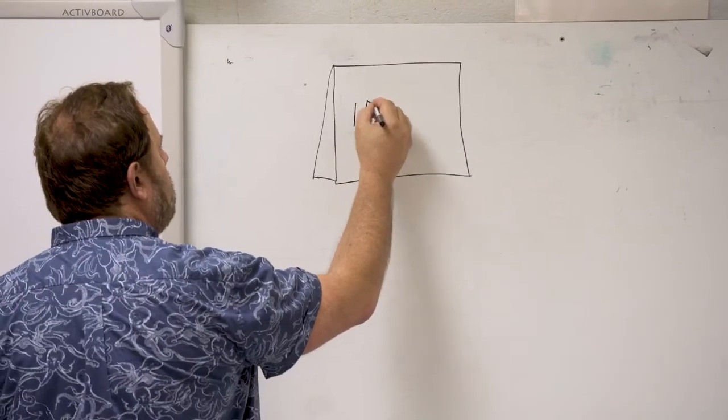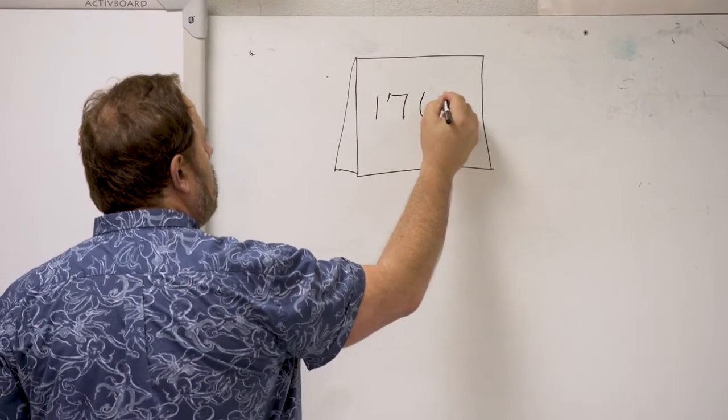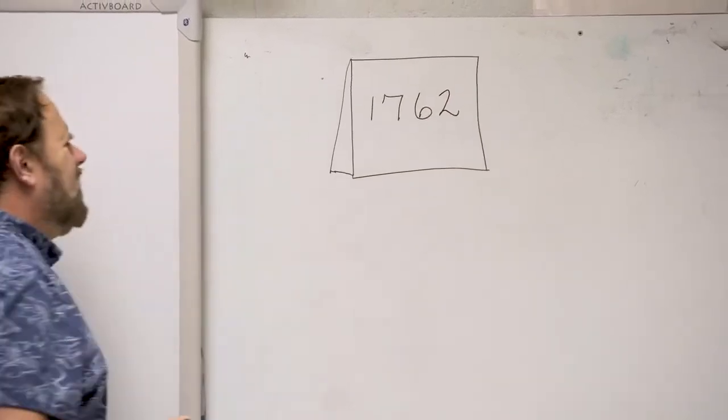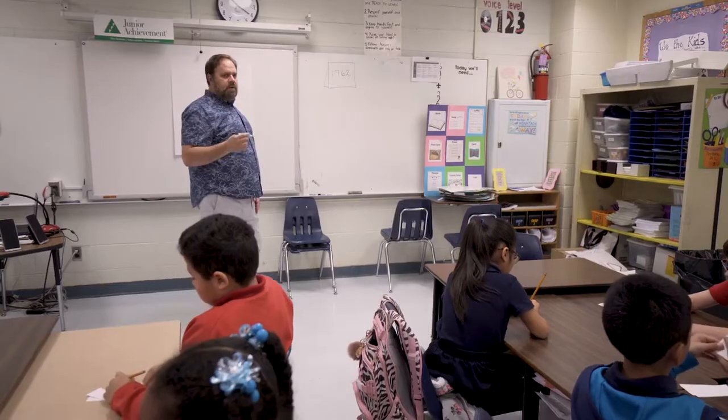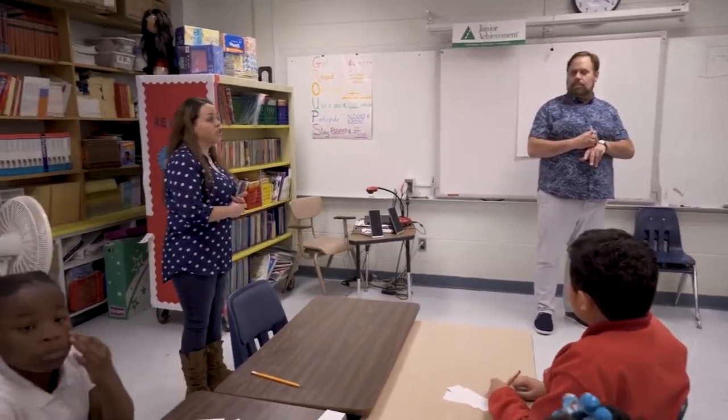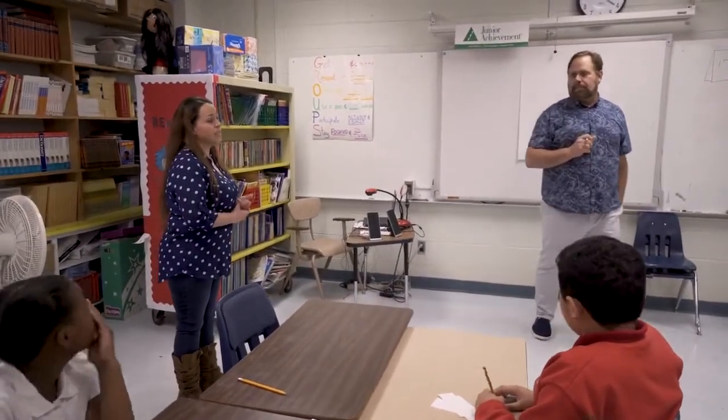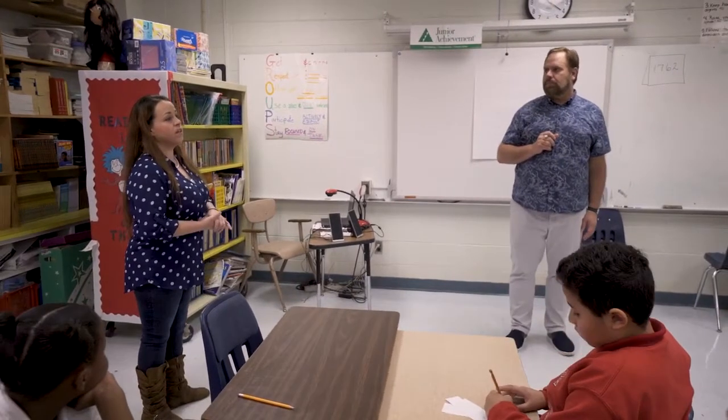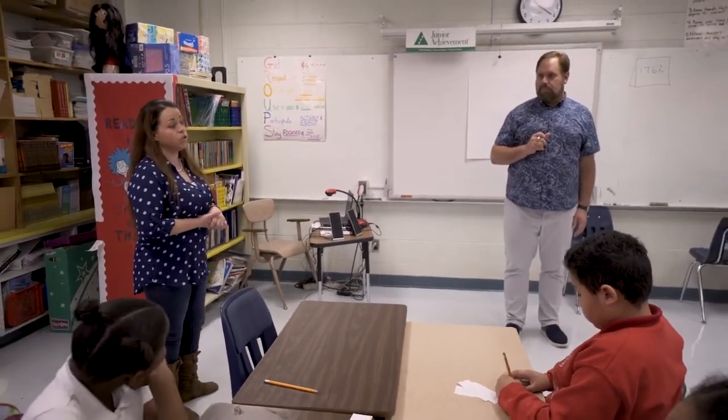And the way it usually worked is I would just say, Miss Chauvin, what's our next date? And she would tell me the next date and then start giving me the class information about what happened on that day. And Miss Chauvin, what happened in 1762? Well, if we go back and look at our timeline, it shows how when France, the King of France, gave the gift of the Louisiana Territory to the King